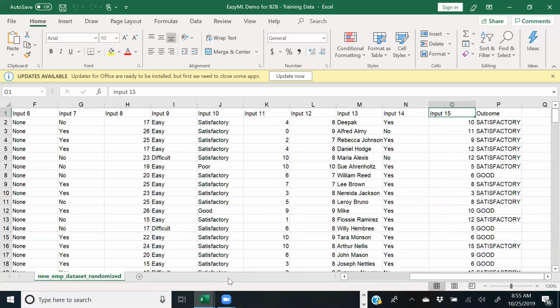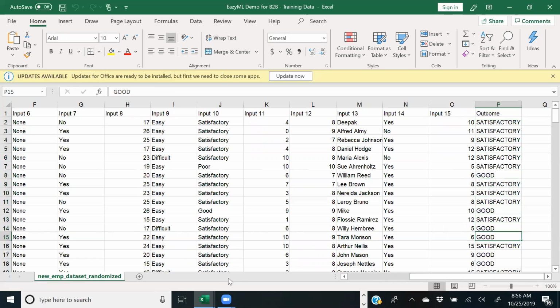And the last input to your prediction machine is input 15. And here's what you're trying to predict, or here's what you're training the machine to predict, the outcome in column P. And since this is your training data, you've populated it with what the right prediction ought to be.